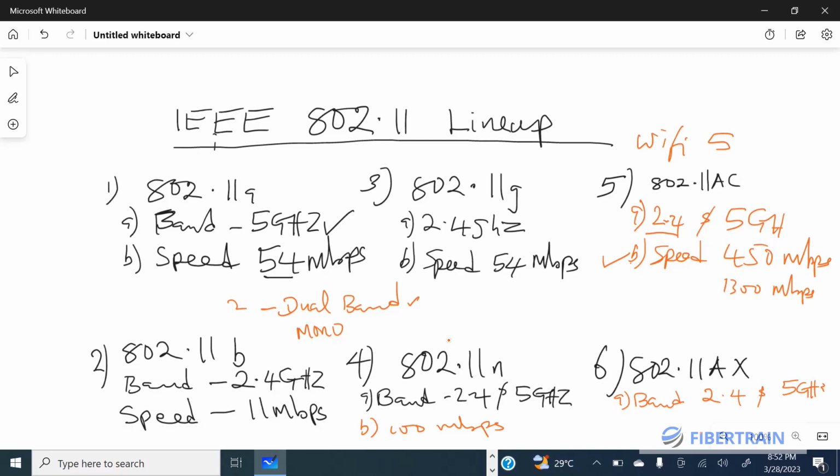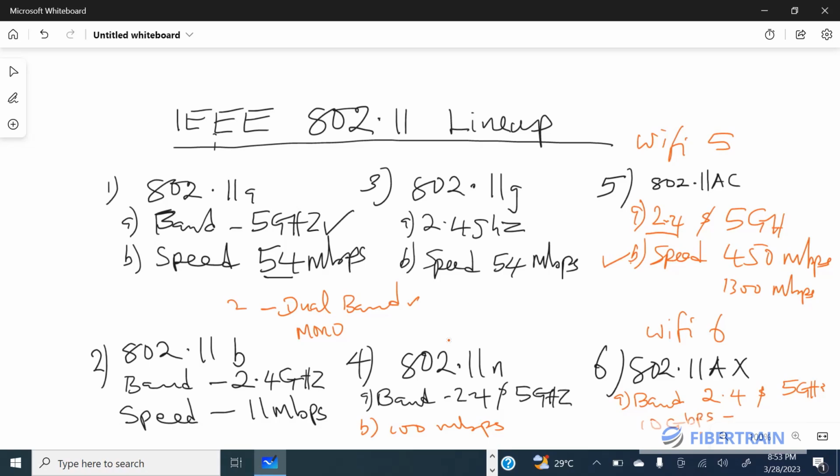This standard is also referred to as Wi-Fi 6 or high efficiency WLAN. So when you hear Wi-Fi 6, they are talking about the IEEE standard 802.11ax. Theoretically, it can go up to 10 gigabits per second in terms of speed, 10 Gbps,